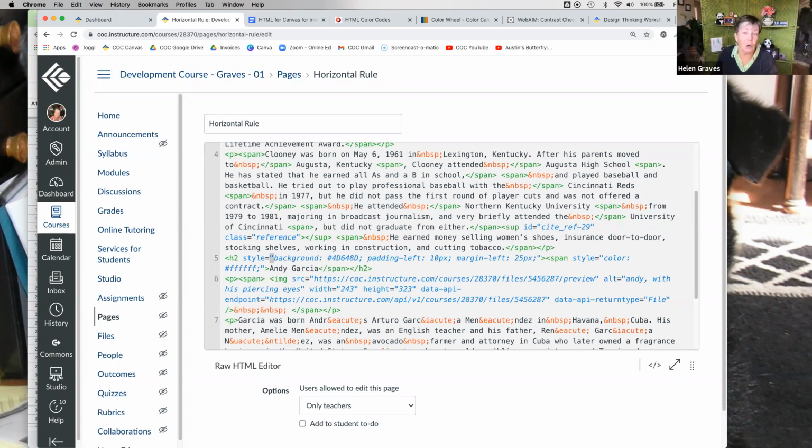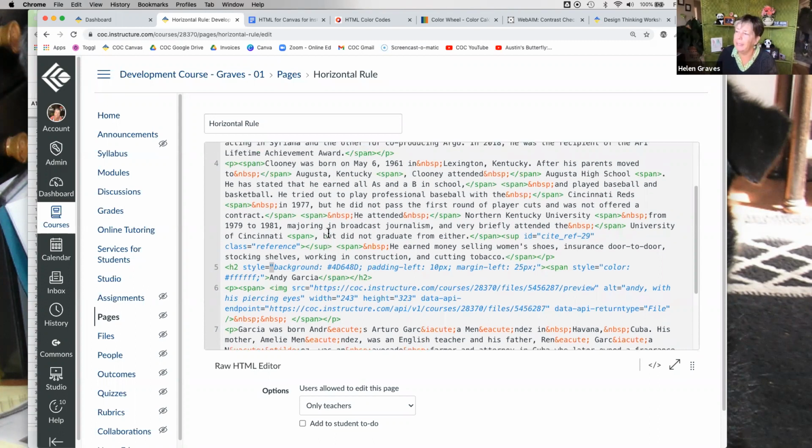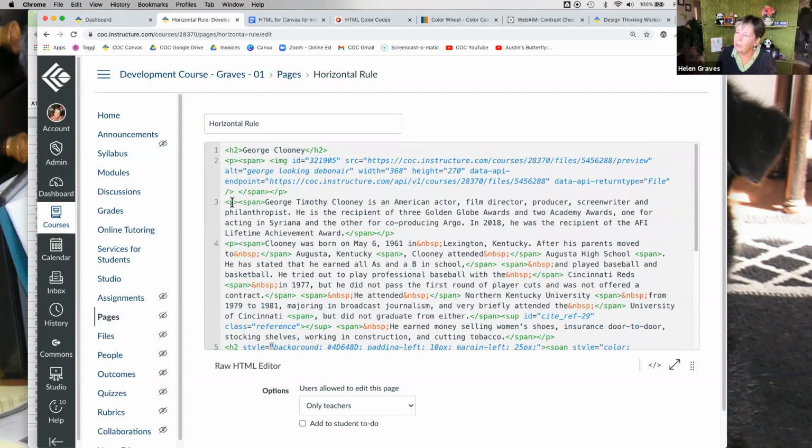So the first thing I want to start with is what's called a block quote. And you can follow along on your practice page if you like. This one is as simple as replacing the P tag with the word blockquote, all one word. And then I have to go to the end of that line of code, even though it's actually 4 lines in my case, but it's the end of that paragraph. And I'm going to leave the slash and I'm again going to write blockquote. So I have my open blockquote tag and I have the close blockquote tag.